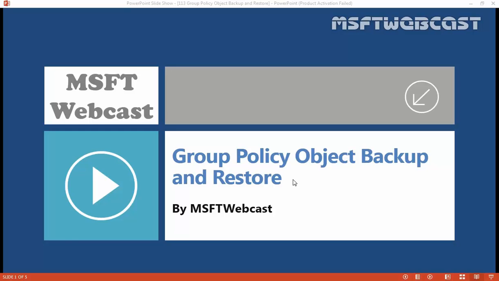delete the GPO. Group Policy Management Console also provides for copying and importing GPOs, both from the same domain or across domains. So we can use GPMC to migrate an existing GPO from an existing domain into a newly deployed domain, and we can also either copy a GPO or import settings from one GPO to another GPO. This can save you a lot of time and trouble by enabling you to reuse the content of an existing GPO. But first, let's see how we can take a backup of a GPO and how we can restore it.